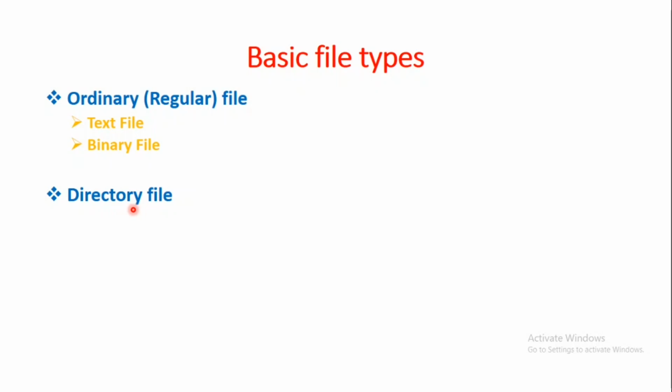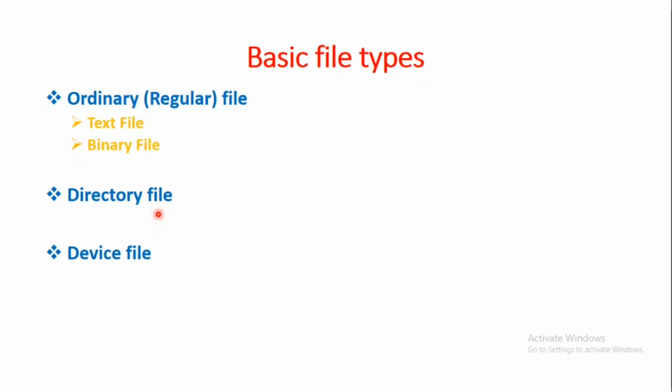And this directory file contains no data, but keeps some details of the files and subdirectories that it contains. Suppose there are 20 files and subdirectories under a working directory, then the working directory file will have 20 entries, and each entry will have two components: one being the file name and a unique identification number for the file or the subdirectory. We call this unique identification number the inode number.